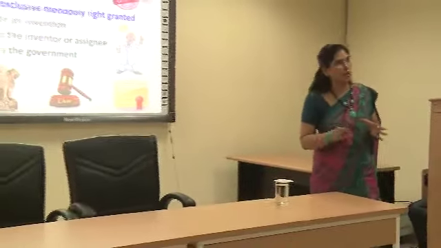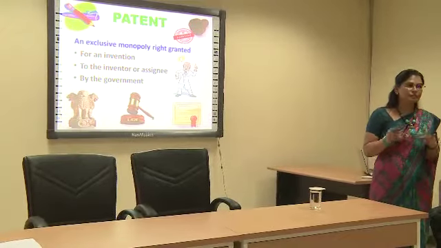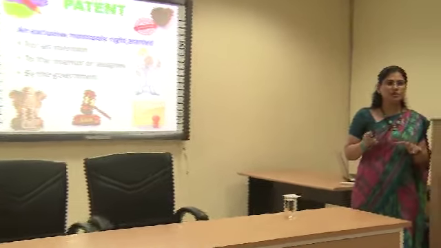This is the basic, what you already know, that patents are the exclusive monopoly right granted for an invention to the inventor by the government. But these patent rights are granted on what? They are granted on your invention when it is fully disclosed in the form of a patent specification. So, there lies the crux: what to disclose, what not to disclose, how to claim, what not to claim, what should be written, what is the prior art, what is that thin line between the prior art and your invention. So, we will be discussing all these issues.